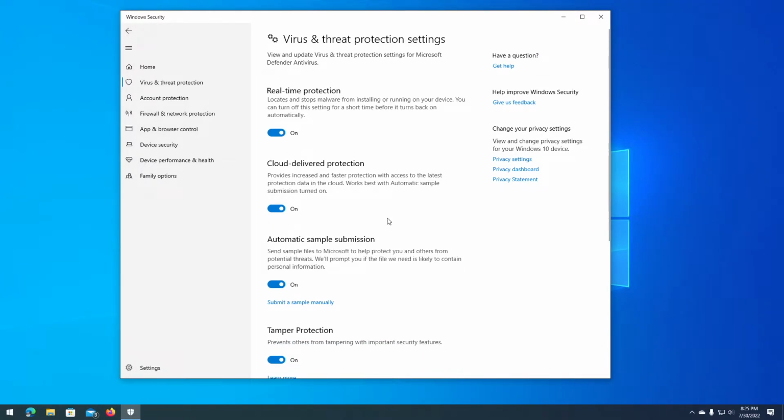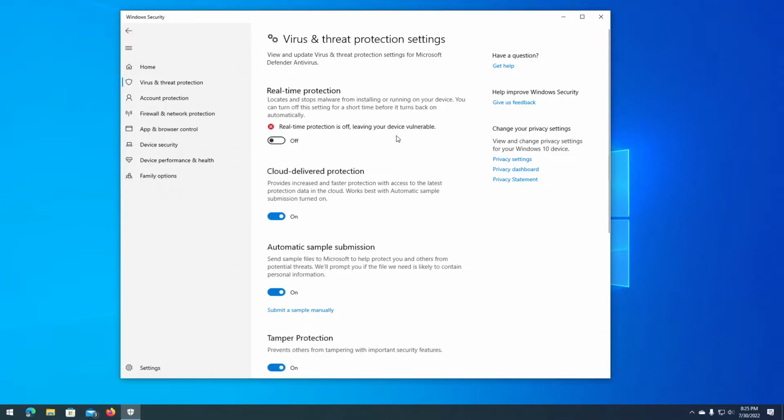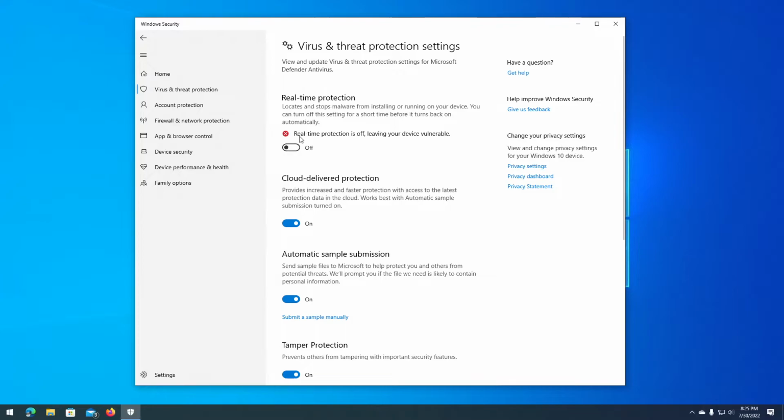From here, we get several switches. The switch that we want to use is called Real-Time Protection. Switch this off by clicking on the toggle, and you have to be an administrator to do this. So if you are an admin, just click yes, or if you're not, provide the admin password and click yes, or confirm. Then once it's turned off, you'll see a warning letting you know that real-time protection is off, leaving